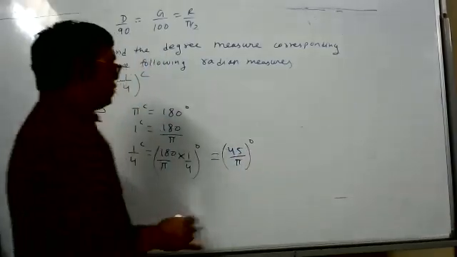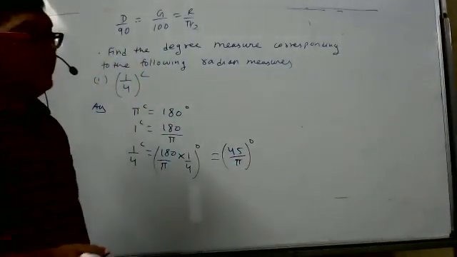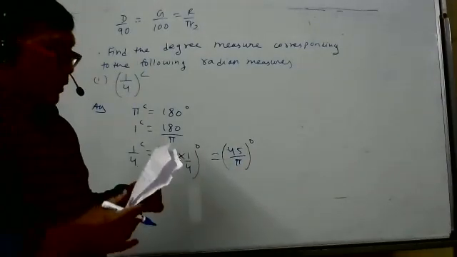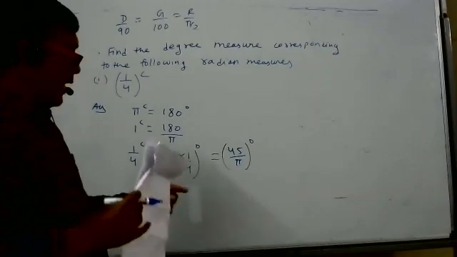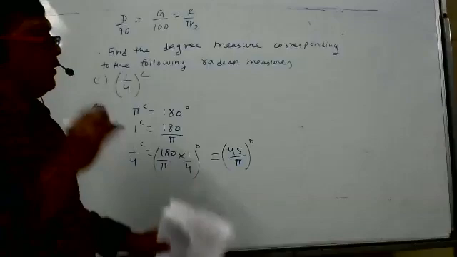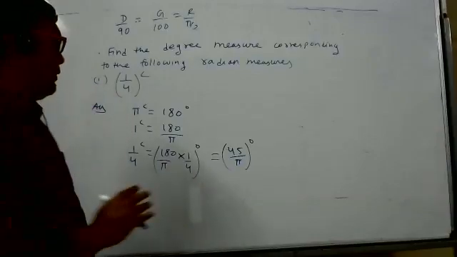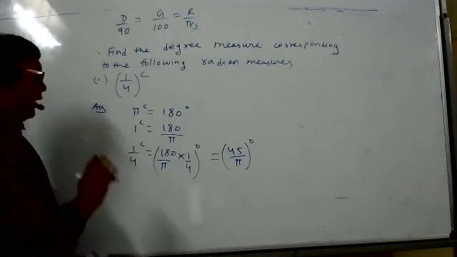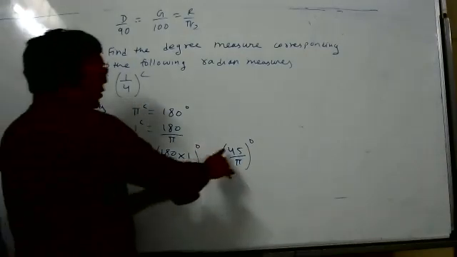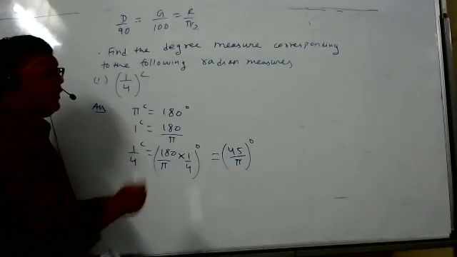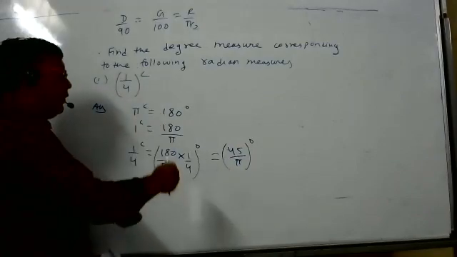But I think in your school or in the book, they want the answer in degree, minute, second. Are you saying that? What do they expect in the exam? Answer in degree, minute and second also? Yes, sir. So now tell me how to do it in degree, minute and second. Till here, if anybody has doubt, ask me. You can say 1 by 4 radian is equal to 45 by pi degree. But they don't want the answer in this form. They want the answer in degree, then minute, then second.